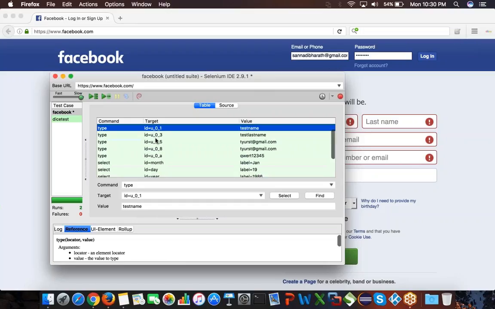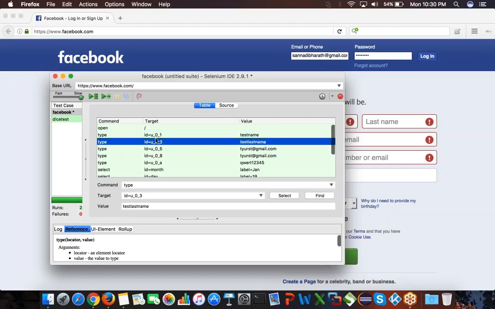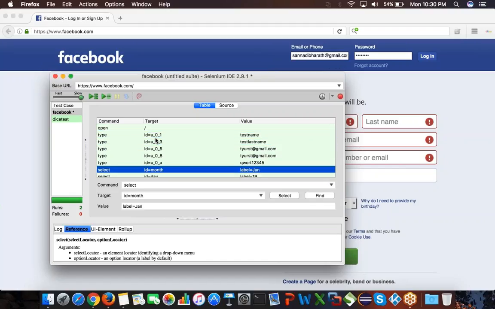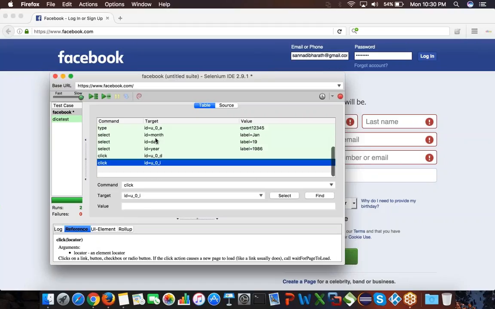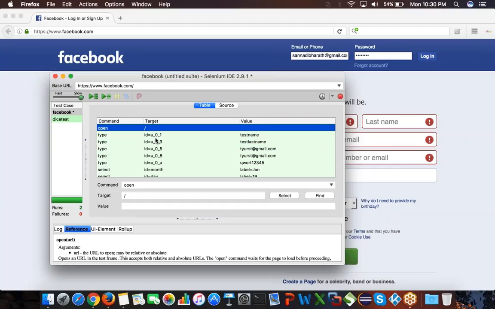So keyword driven approach, when I say keyword driven approach, there is a set of keywords that are already predefined, and those keywords we are using for automation. These keywords are given by Selenium IDE already, they are already present. We are just using those keywords. So when I do a recording, it is automatically giving the keywords.